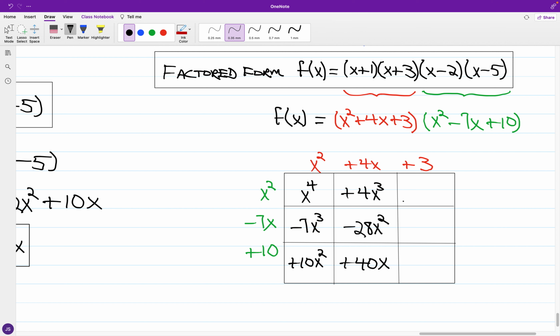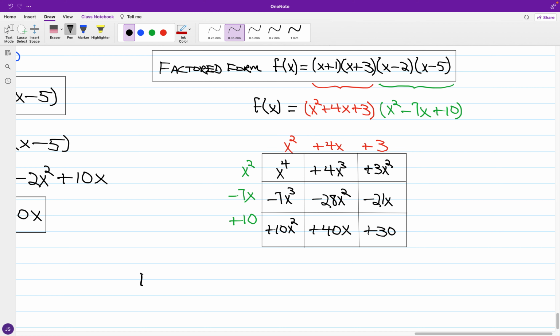And for the last column, we have 3x squared. And then we have negative 7x times 3, so this will be negative 21x. And we have 10 times 3, so that is going to make 30. All right, so in terms of the expanded form, okay, so we have for f of x,